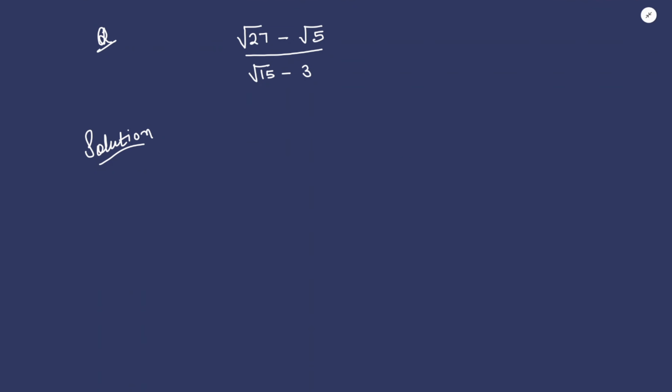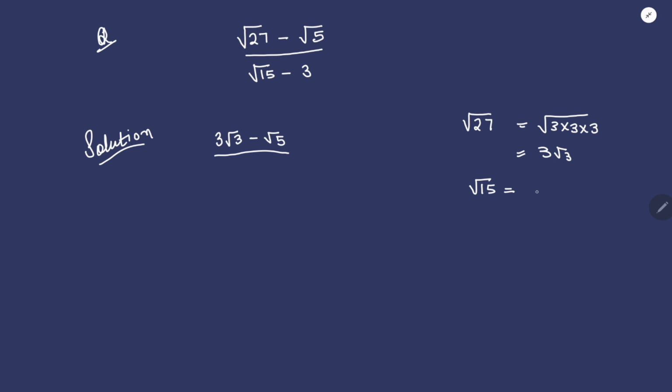Hello everyone. So in this video we have a question: (√27 − √5)/(√15 − 3). We need to find the value of this. What is √27? We know 27 is 3 times 3 times 3 and can be written as 3√3. Right? Okay, so I will write it as 3√3 minus √5 by